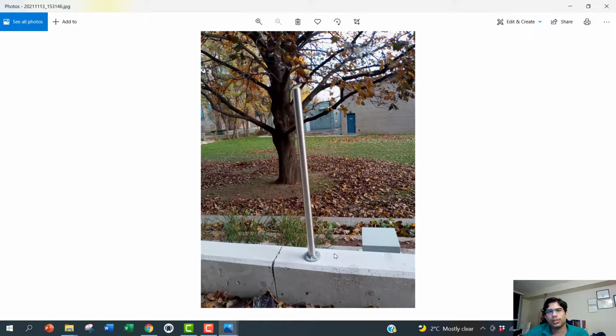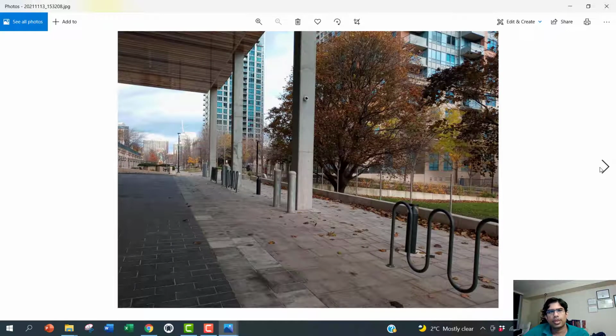It's super lightweight, that's why the footing is a super small width. And it's back to the column from the other angle, and it shows the long column and also the bollards, and also the bicycle racks, and there's a spread footing, or some sort of footing, under each of them. And as you see in this photo, there's a light post, and that light post also has a reinforced concrete footing under it. And then there's another light post. See, this is the light post, and this is another light post.